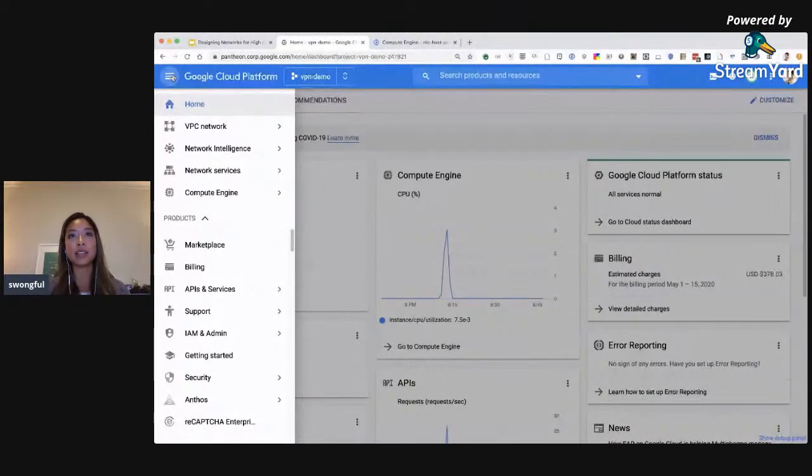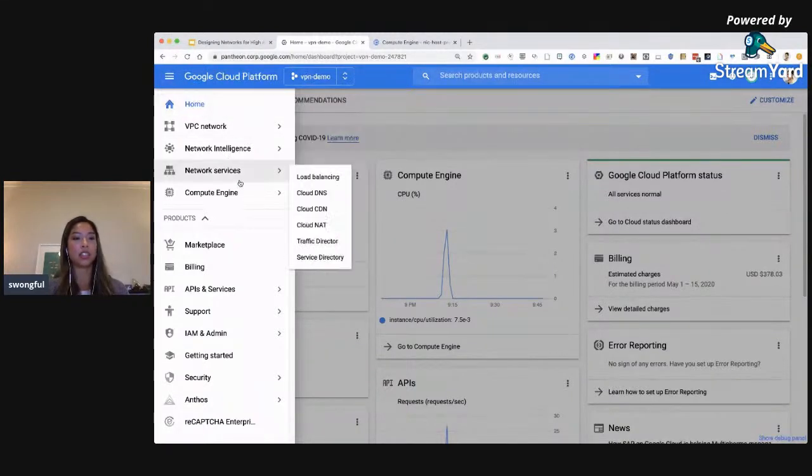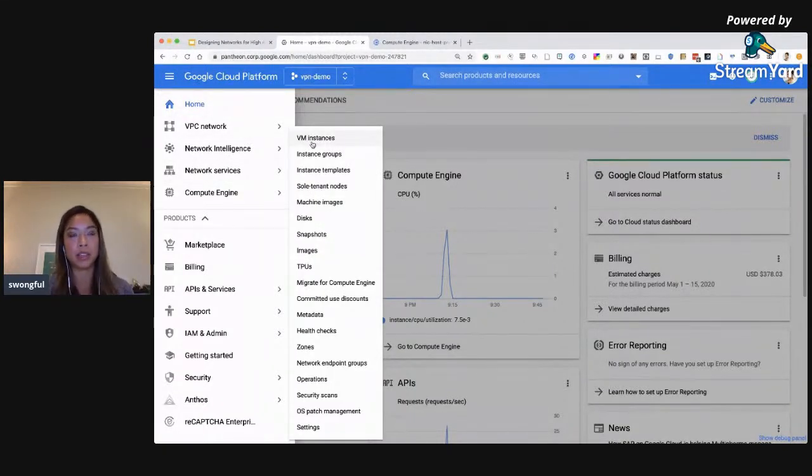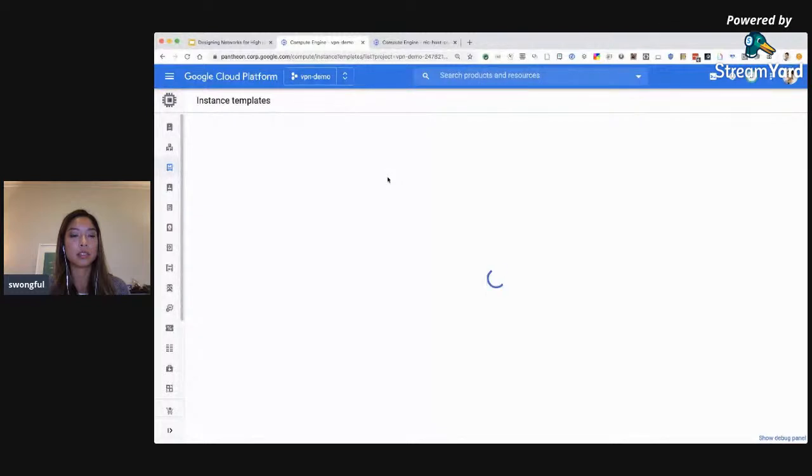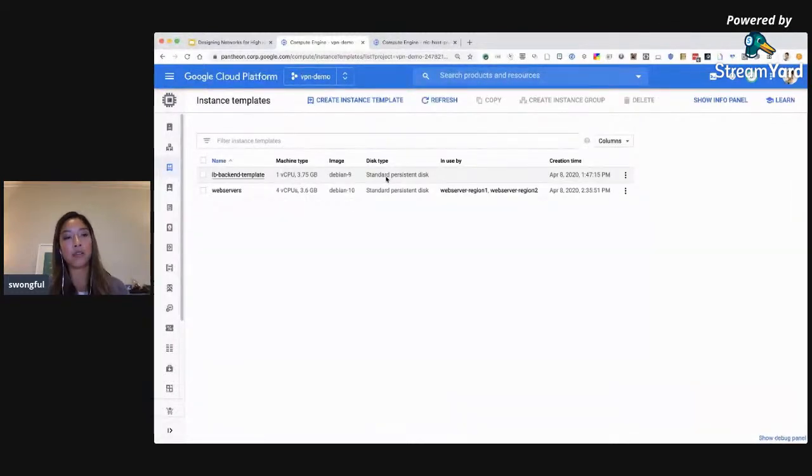Now, one way to do that is to actually create a Google Compute Engine template. So the template is essentially just a configuration template that you can deploy once and then create managed instance groups based off that template configuration. So just to show you what that would look like, I already have one created for my load balancer backends. It's called Web Server. I've deployed a Mandelbrot server, and it's basically doing large computational tasks. And I deployed that in 2 managed instance groups, region 1 and region 2. And then I put a load balancer in front of that.